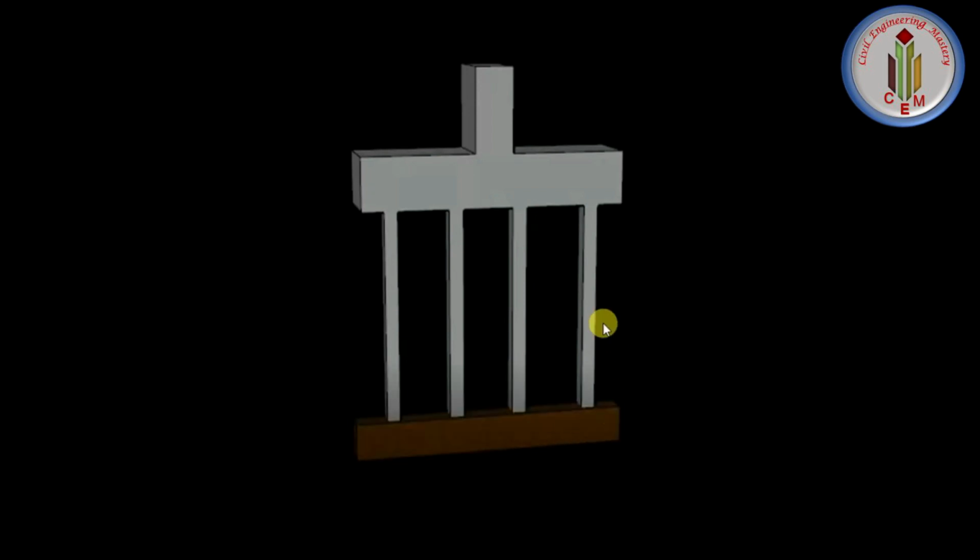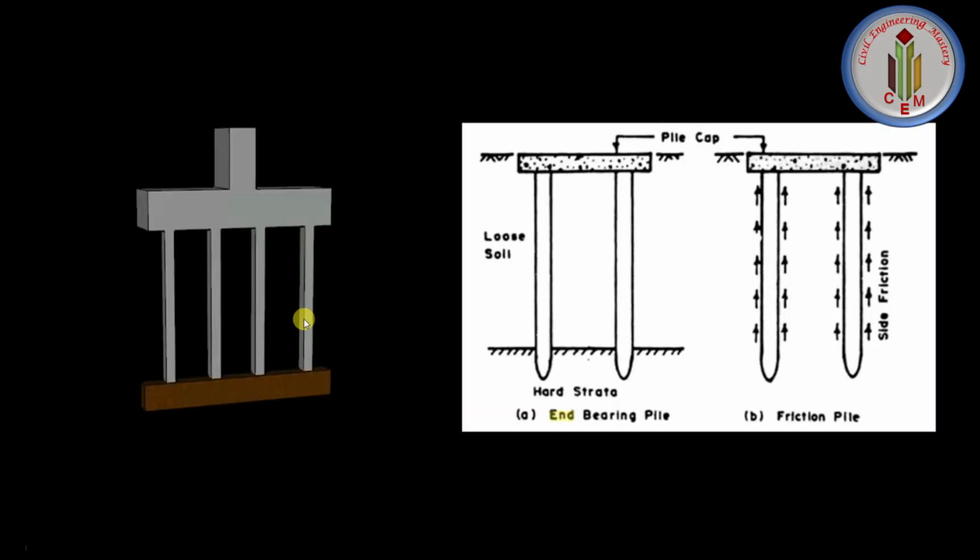This is the soil stratum, these are the piles, and this is the pile cap, and above that the structure will start. So it is mainly used in bridges or heavy structures, heavy industrial structures, or where the superstructure load is more. In that case, we have to go for deep foundation. These piles are slender members. They are made up of RCC or steel, and transfer the load either through end bearing or friction. It is mainly used when the soil is weak, when heavy loads are coming from the superstructure, in the presence of loose soil or black cotton soil. It is most widely used in bridge construction.